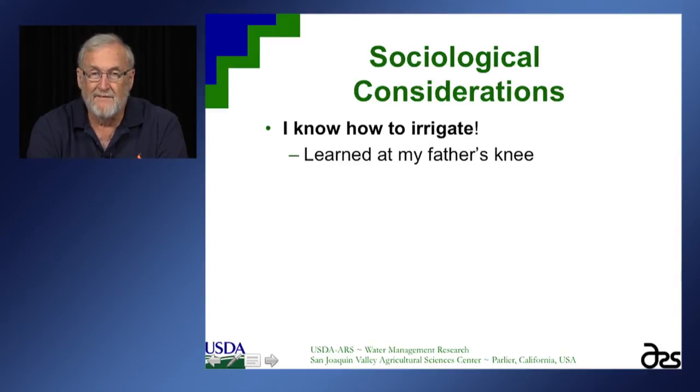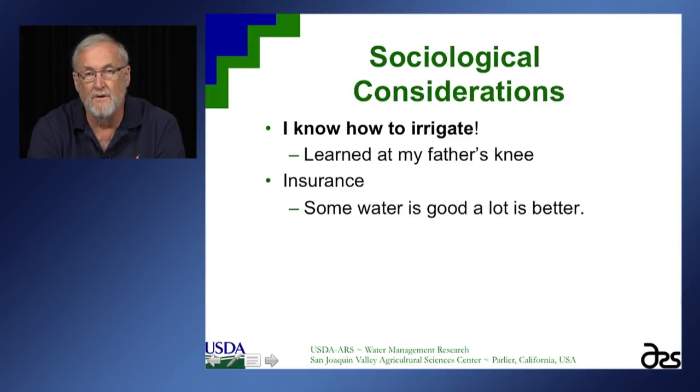I learned, so I'm saying here, I learned at my father's knee, or somebody's knee, or somebody taught me how to do this. And my question is then, what were the conditions like when you learned to irrigate? Are you still irrigating the same crop? Do you have the same amount of water available to it? Are you using the same sort of irrigation systems? There's a lot that goes into irrigation that simply handling it down through the generations might be a disservice in terms of being able to very efficiently use irrigation water.